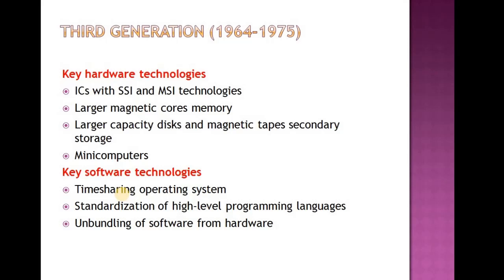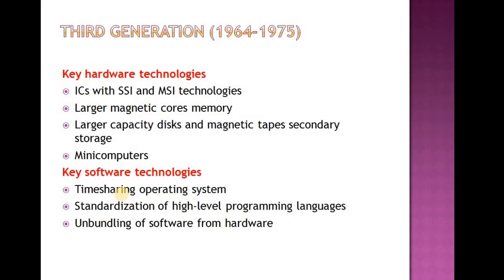So the objective of third generation computers was to minimize the processing and to get the results in very quick time, and also many users can communicate with the computer and share the information. The time sharing operating system enables multiple users to get connected to the computer, and they can share resources like hardware and other things. Don't worry about these operating systems as of now, because we are going to study in detail about different types of operating systems in the third unit. I'm just briefing you about what the time sharing operating system is.